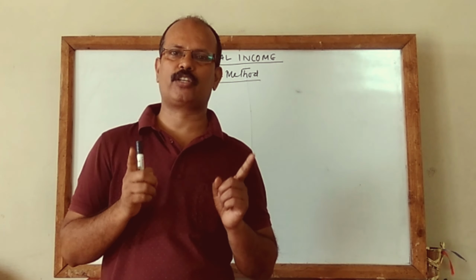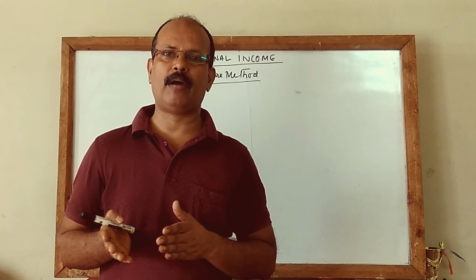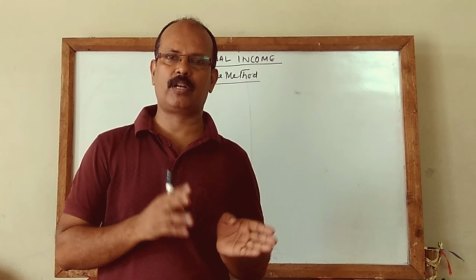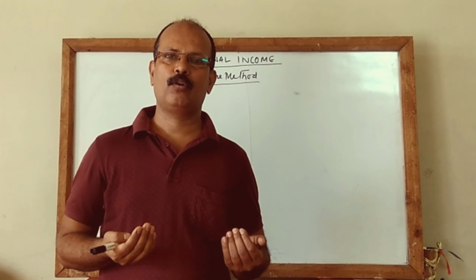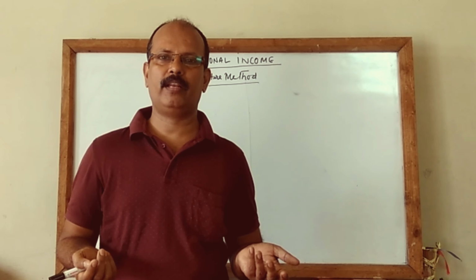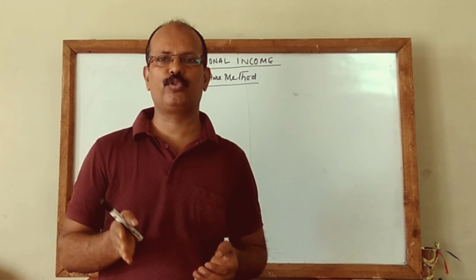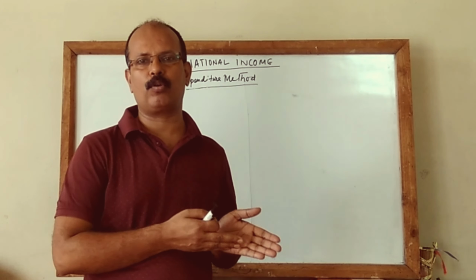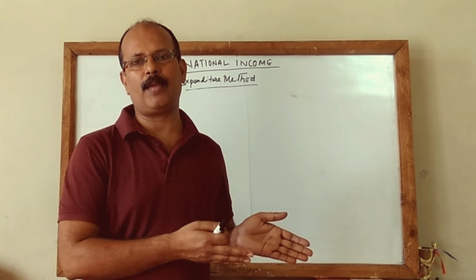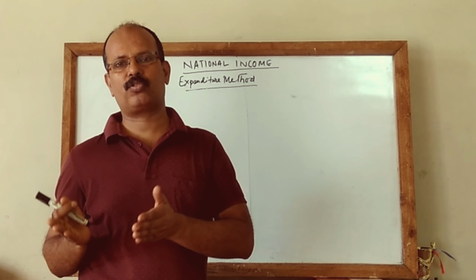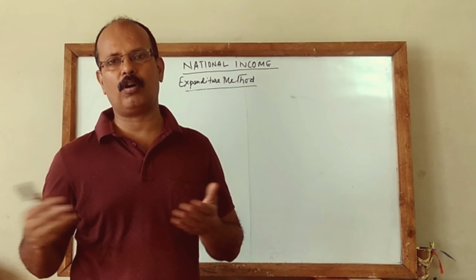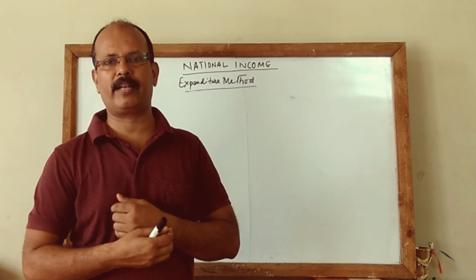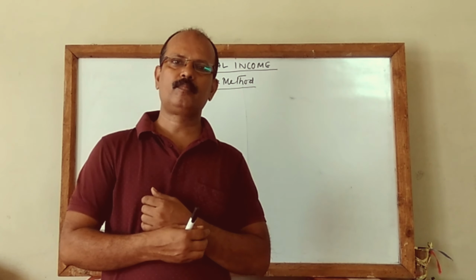Say for example, construction of houses. Same type of house, two houses are being constructed, but their cost of production may be different depending on the materials used in both the houses. The cost of production of one house may be 1 crore and the same type of house can be constructed by spending 2 crores also or 5 crores also, depending on the materials that are used.